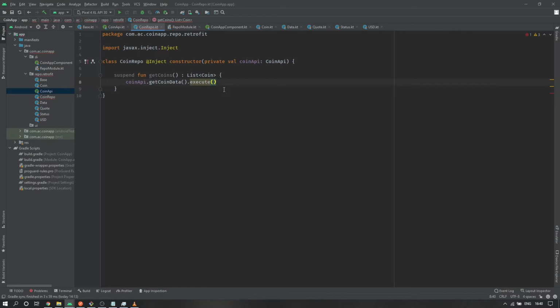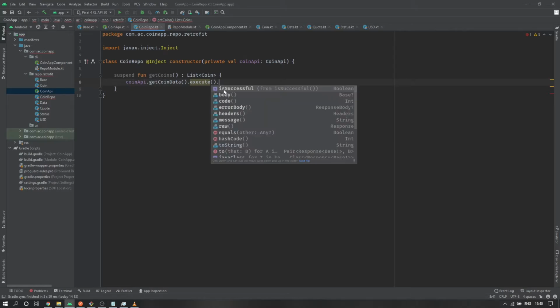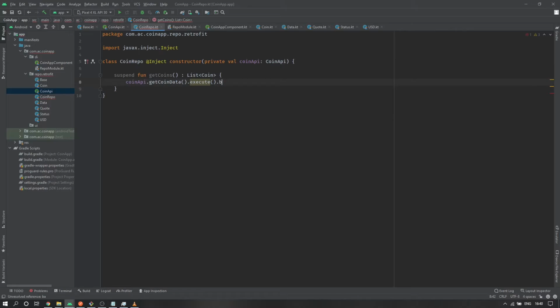Base object is nothing but the body of the response. It just returns the response from which we need to get the body, which is nothing but the base. Okay, now let's call this base. Don't need a semicolon in Kotlin. So base dot,